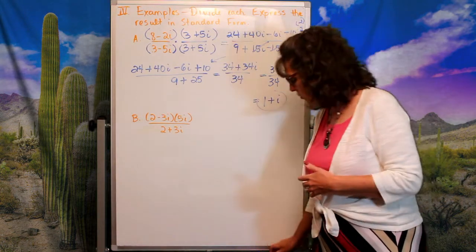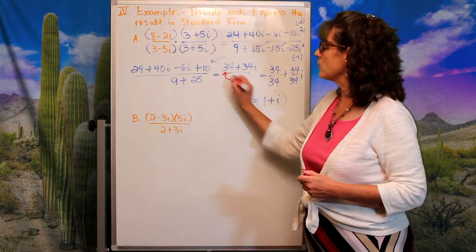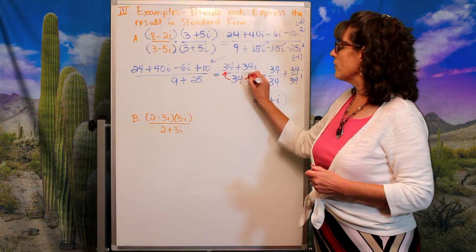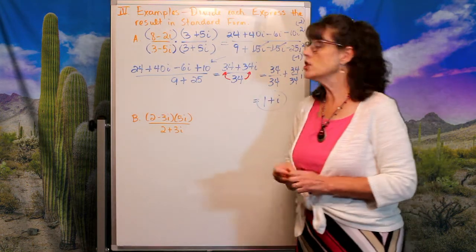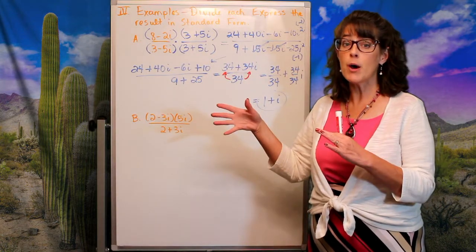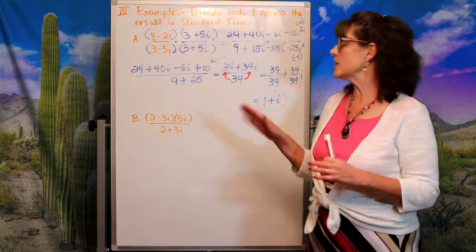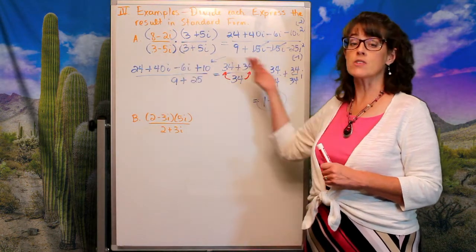The other way that you can do this is you can simply say, well, 34 divides into 34 one time. 34 divides into 34i, 1i times. The catch is that this 34 does need to divide into both of those. And if it won't divide into both, then you can't just go and divide it. That's why this method here is really the best method, to separate out your real part, to separate out your